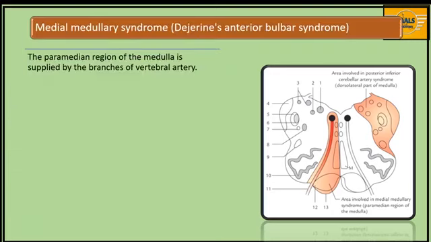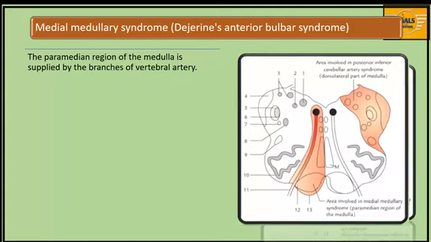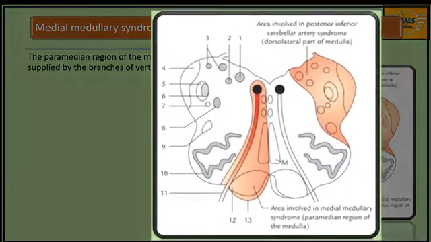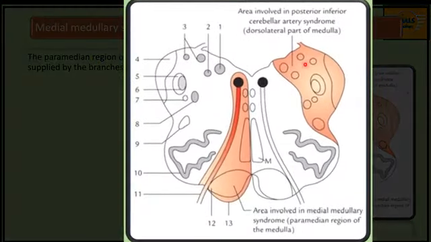The next vascular disorder we will consider is medial medullary syndrome, also called Dejerine anterobulbar syndrome. Now, this is the paramedian aspect of the medulla. This region of the medulla is supplied by the branch of the vertebral artery. Now, a vascular involvement such as ischemia of this region can produce a number of signs and symptoms, and some